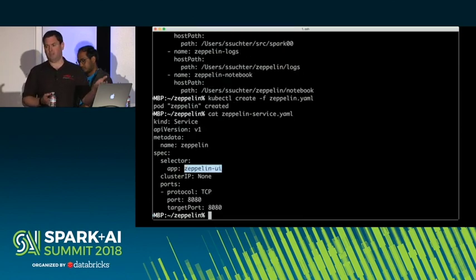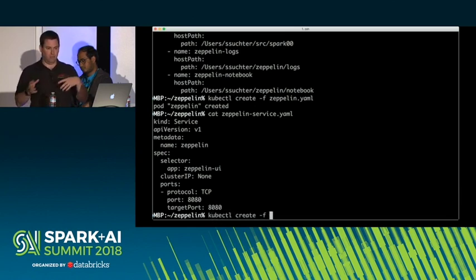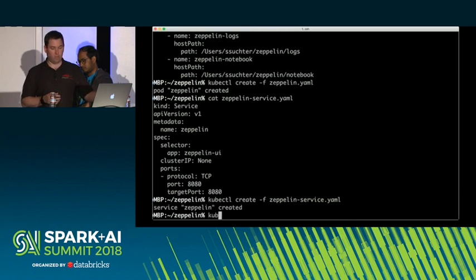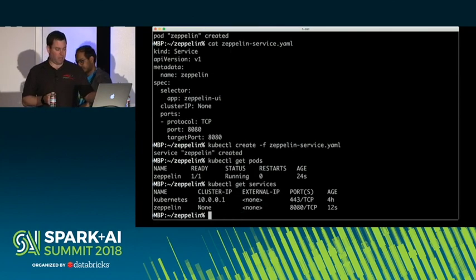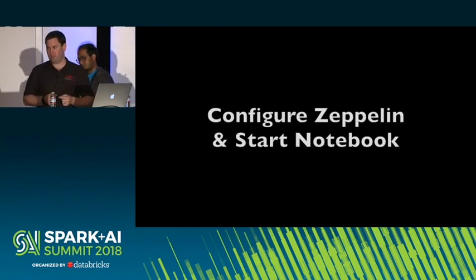Second thing is we need a service to create a DNS entry. So we allow the executors to find the driver by name. Notice there's that selector of app Zeppelin UI. That means it's referring to that pod. We create the service. So now we've got that Zeppelin pod running, and we've got a Zeppelin service for DNS